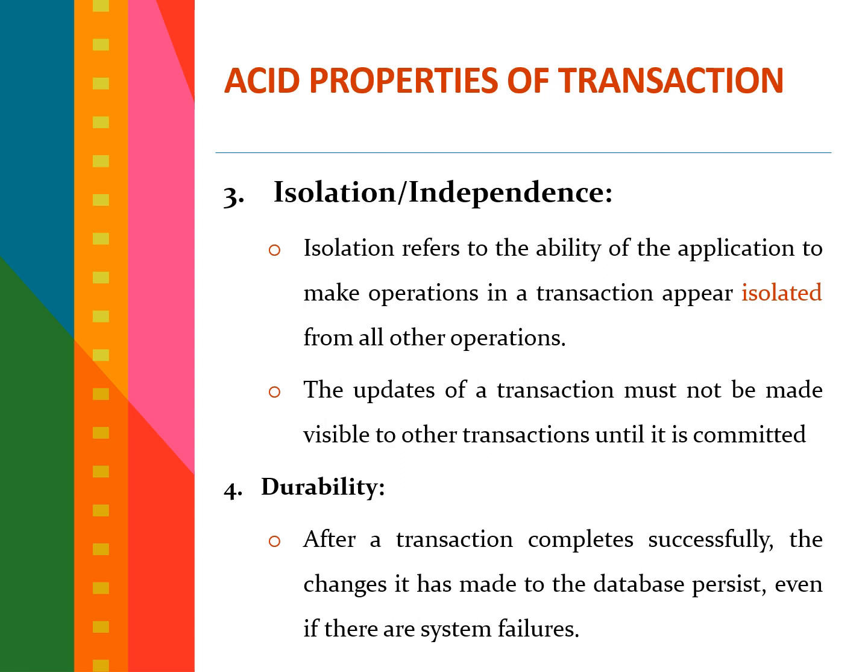And the fourth property is durability. Durability guarantees that once a transaction has been committed, it will remain committed even in the case of a system failure. After a transaction completes successfully, the changes made to the database persist even though system failures occur. This usually means that the completed transactions are recorded in non-volatile memory. The changes made to the database will exist. So that's the fourth property, the durability property.